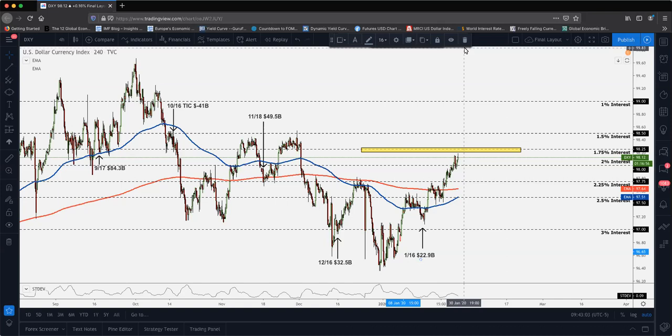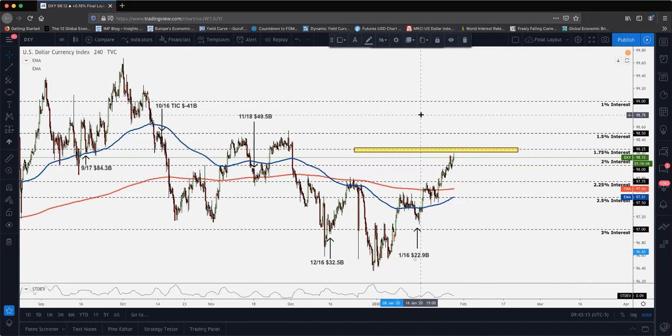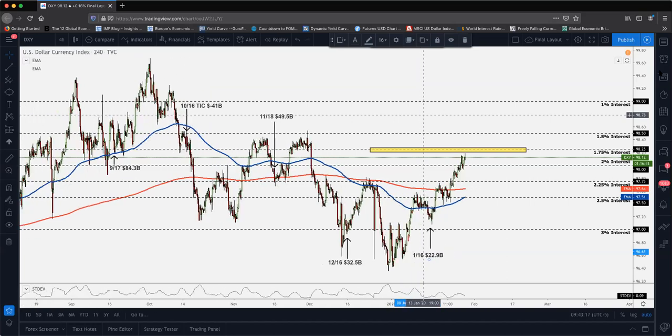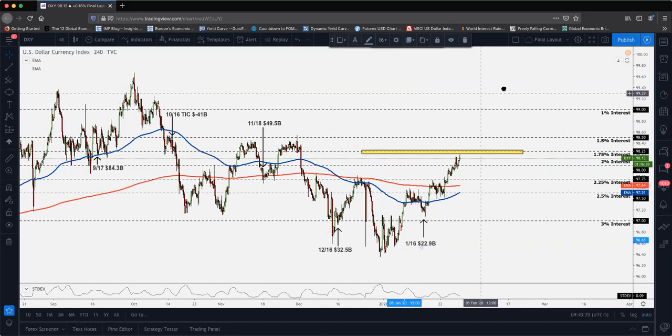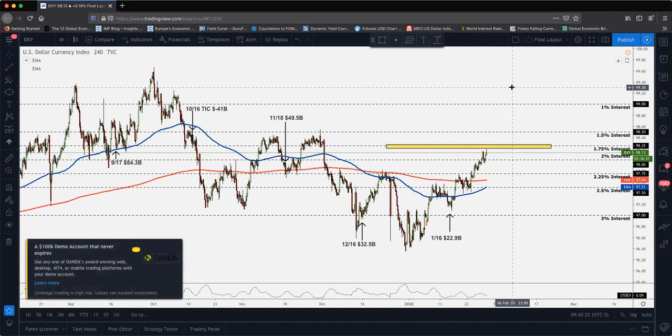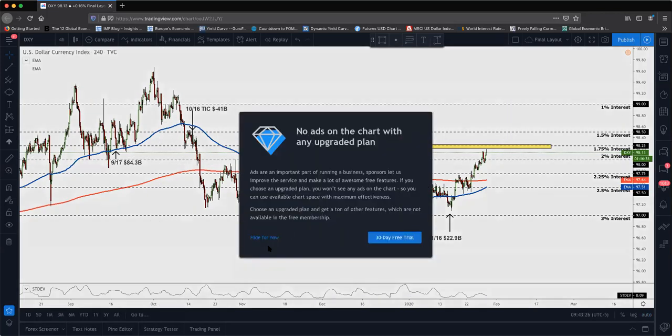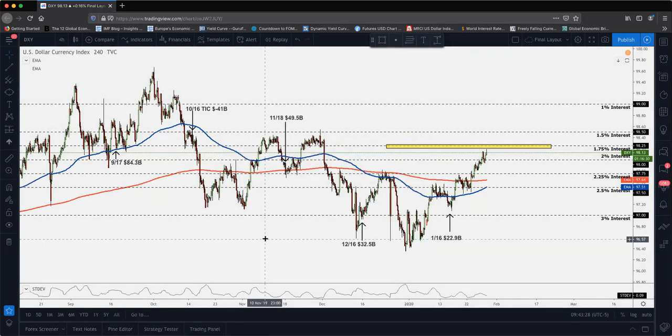In today's video, we're just going to talk about the dollar index. So a real simple video, real short and sweet, to give you some insight on how we can track the dollar index. As you see right in front of you now, we have the dollar index on a 4-hour chart. I just want to make this video to give everybody a little insight because it's important to track the dollar index because we know it's weighted against other currencies, and we can use it for a lot of correlations in the markets. So we know that